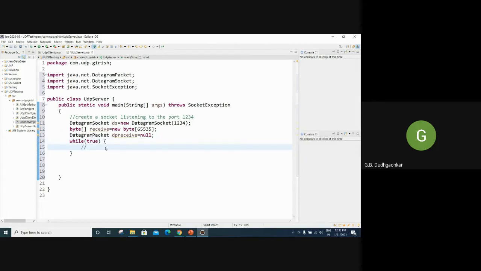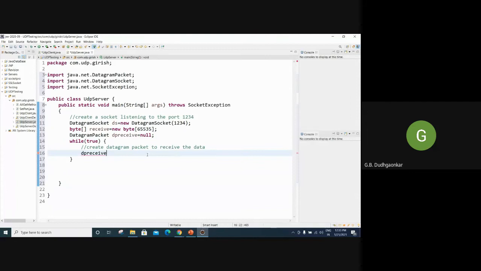Here I will write a comment: create datagram packet to receive the data. So what is the object we are creating? DP receive. So that object we have to write here.